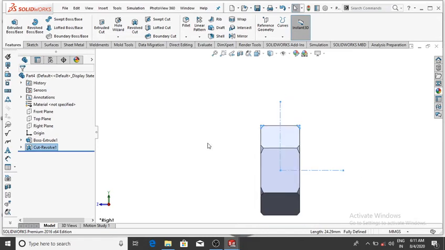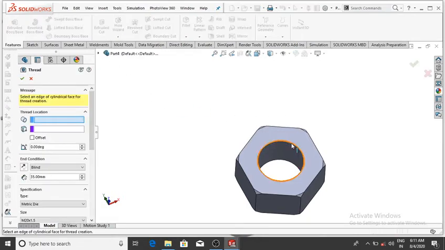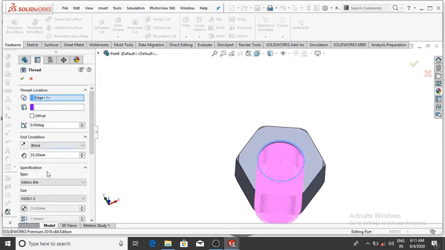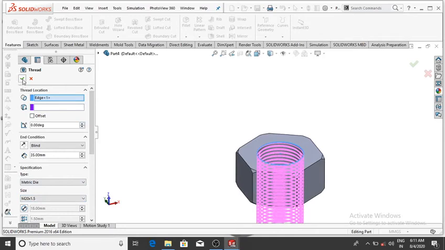Now we apply the thread to this nut. So go to the thread and select the thread location, and now it will be selected, and make it.